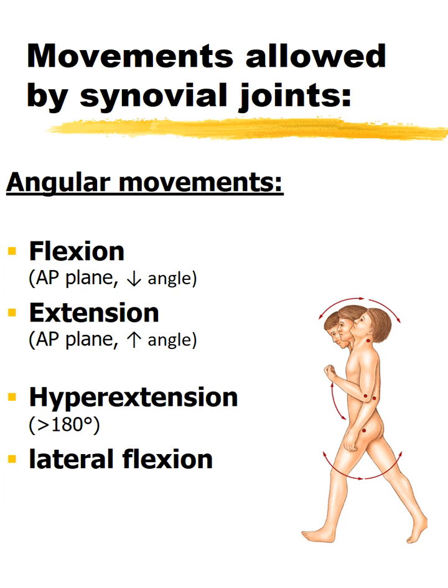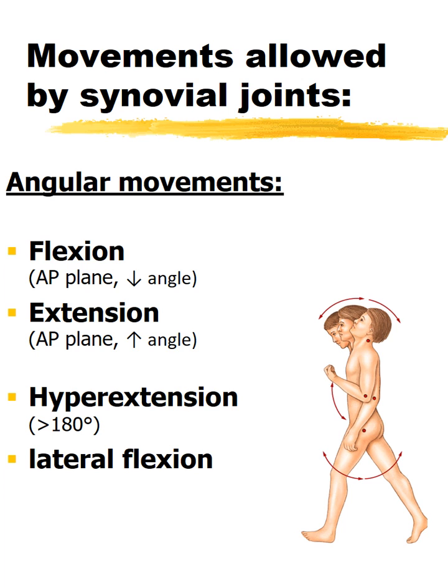Hyperextension is the extension of a joint beyond 180 degrees. So if you take your head and look up at the ceiling, your neck now would be hyperextended. Lateral flexion occurs when the trunk of the body moves in a coronal plane laterally away from the body. And so this movement occurs primarily between the vertebrae in the cervical and lumbar regions of the vertebral column. And so this is where you would, in the anatomical position, say, lean towards the right or the left side